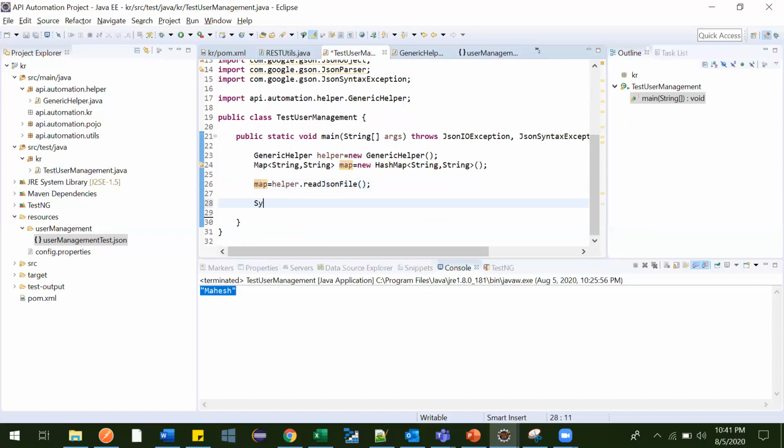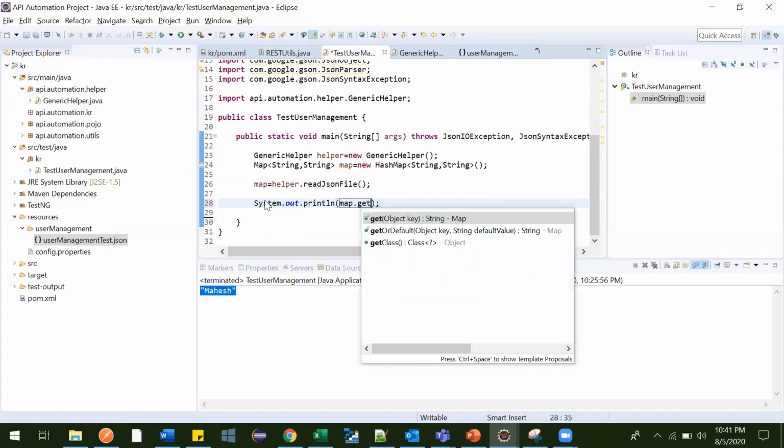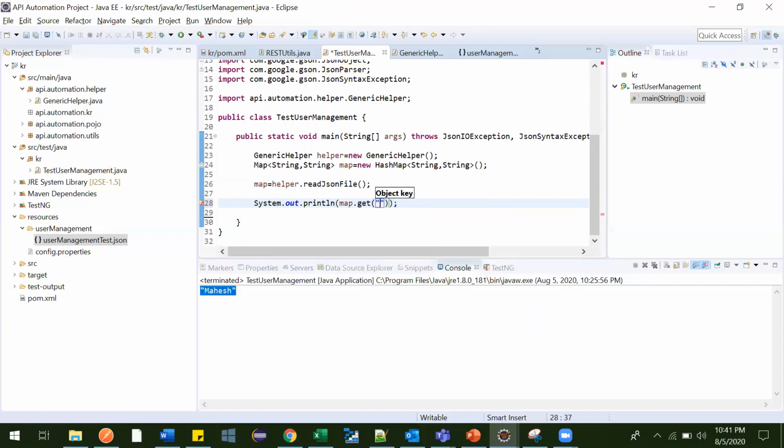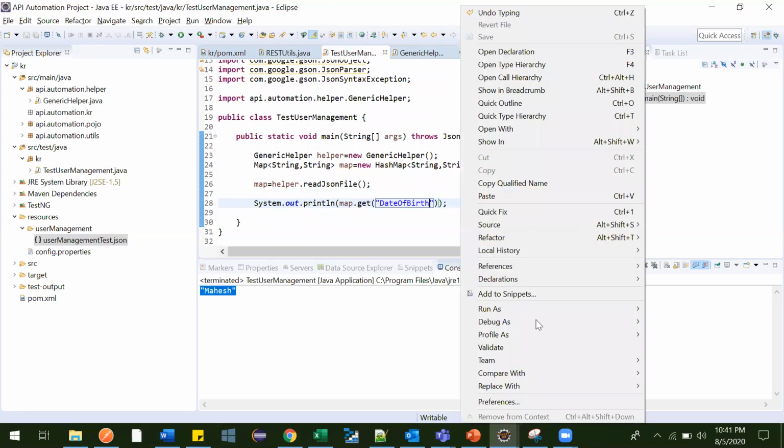Let me create a System.out, and map.get("dateOfBirth"). Let's see whether it is printing date of birth or not. Run as.